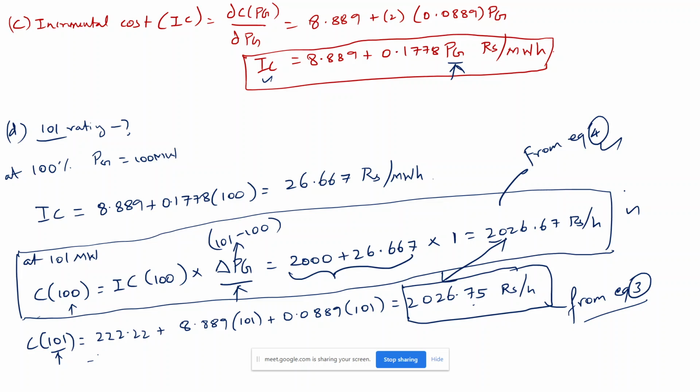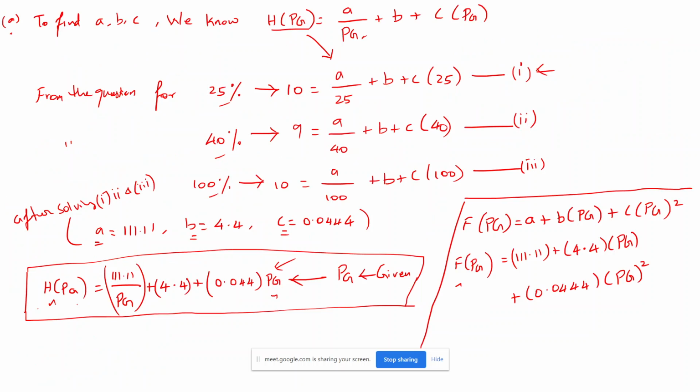Okay, so that's all about the basic idea of the curves: the energy curves, the heat rate curve, as well as the input output curve. We need to always try to minimize this cost. How are we going to minimize that? In the upcoming class we are going to see how to minimize. So we understand how to calculate the cost, how to calculate the heat rate, and all this basic idea we got from this first problem.